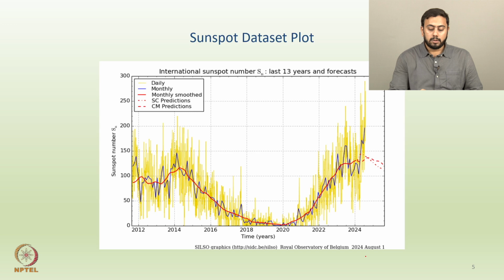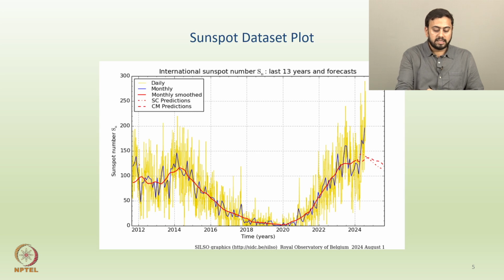Yeah, so now talking about the sunspot data. What you observe here is the behavior of sunspots. If you observe the surface of the sun, you have these dark spots, and those dark spots are called sunspots. Analyzing the number of sunspots appearing on a daily or monthly basis is important because that decides the magnetic field of the sun, alright.